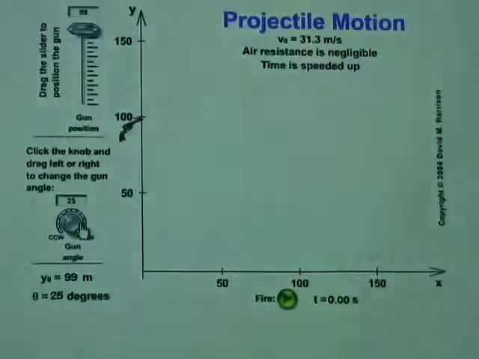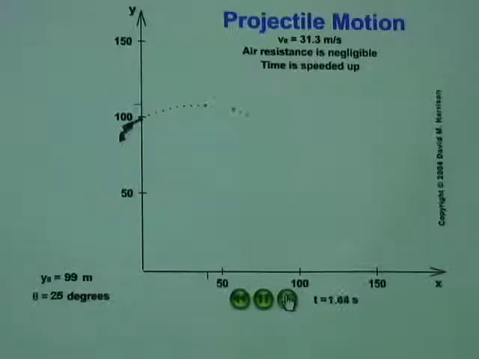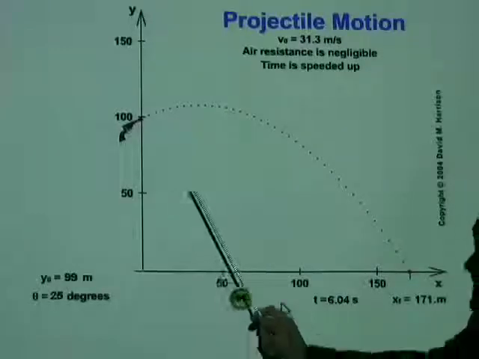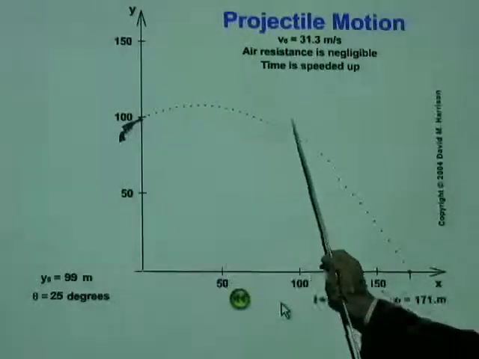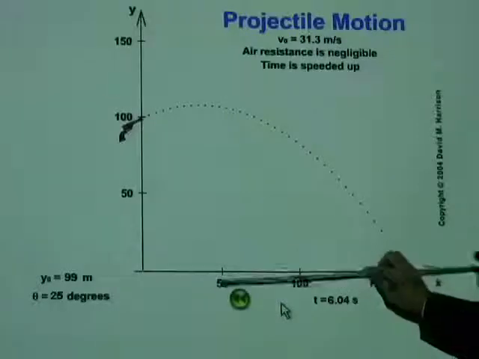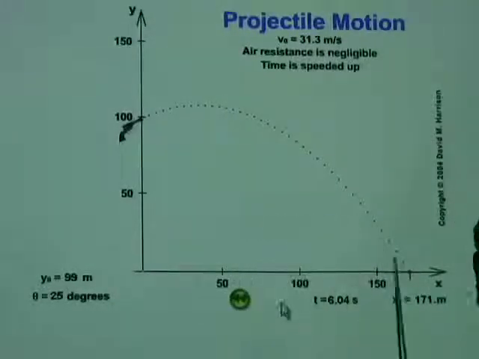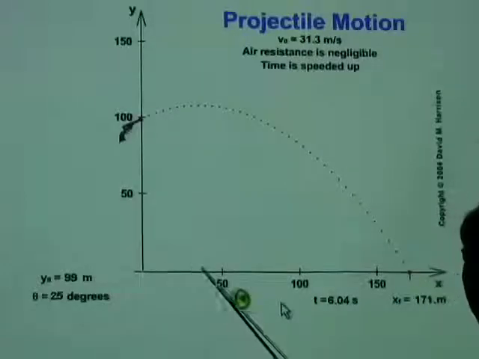Is that right? Let's fire it. There you are. And now, this is the time of flight, 6.04 seconds. Now, the time of flight is the time taken for the y position to become 0. And during that time, it traveled at